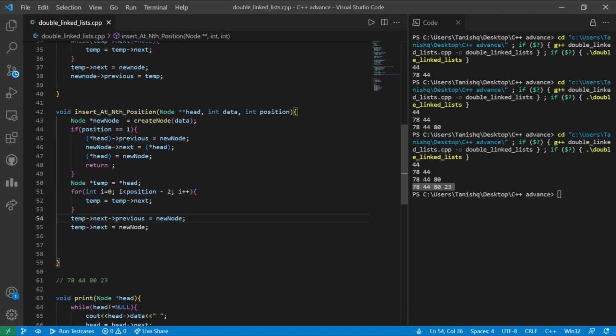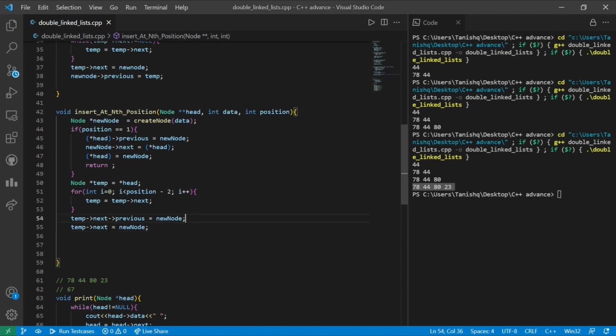What will happen in this line of command: the temporary node that is 78 dot next, that is 44's previous pointer, is going to point to the new node we are going to create, that is 67. So the previous pointer of 44 is pointing towards 67, and further the next pointer of 78 is going to point towards 67.